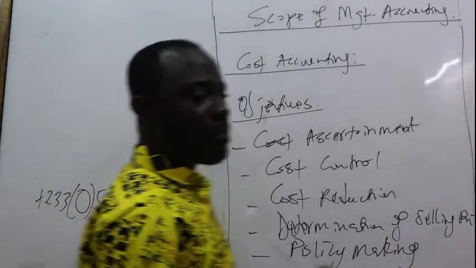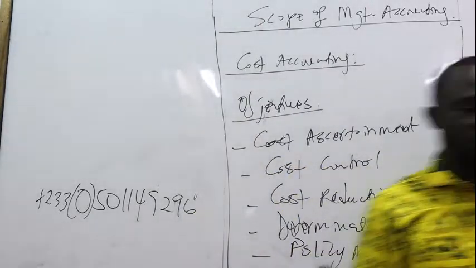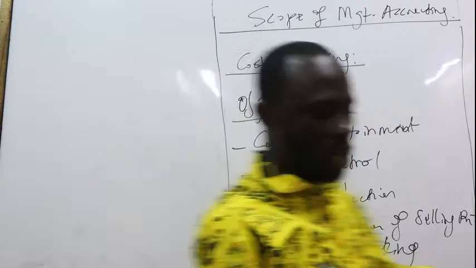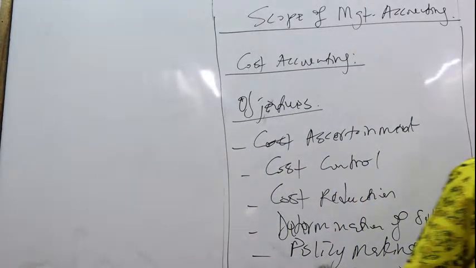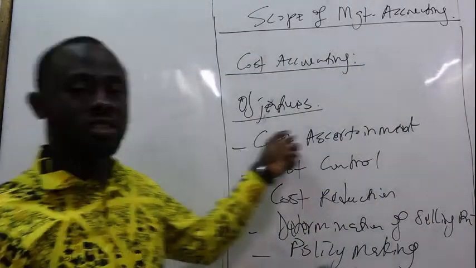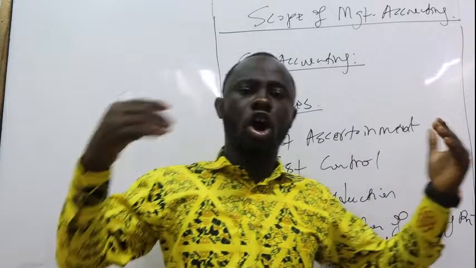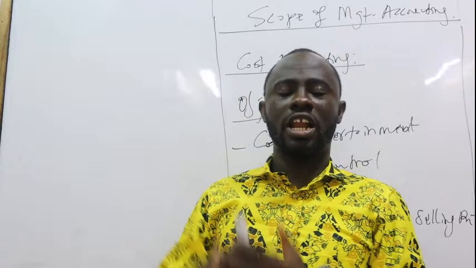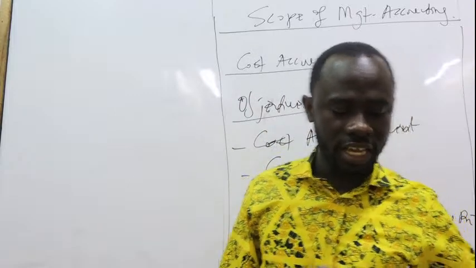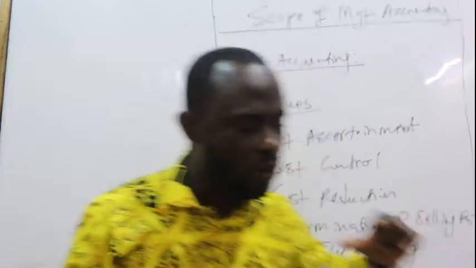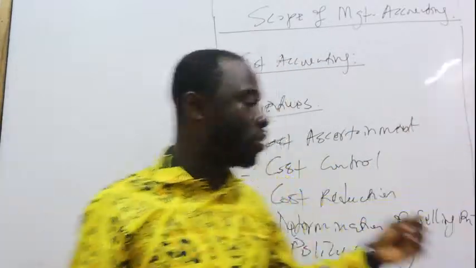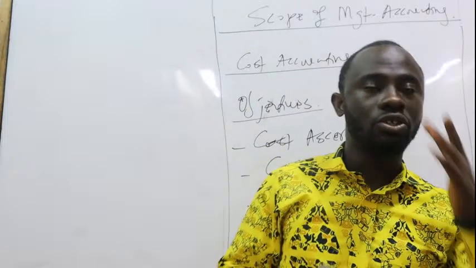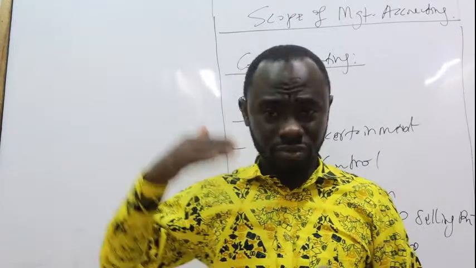So these are basically the 5 objectives of cost accounting. We're going to take them one after the other and talk about them briefly. Okay? Now, when we say cost ascertainment, what are we talking about? Cost ascertainment simply refers to the determination of cost on an activity, a process, or an undertaking. Okay? So how much cost do we incur on something is what refers to as what? Cost ascertainment. So this is where we're going to be looking at issues about costing methods.